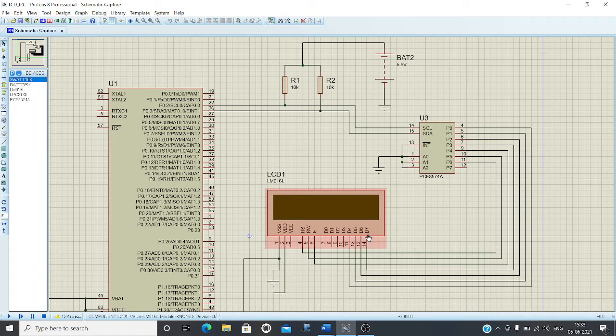So that's why we are going for another component, which is PCF8574. It is an IC. This IC will be used in between the microcontroller and the LCD, so that the LCD can handle I2C.